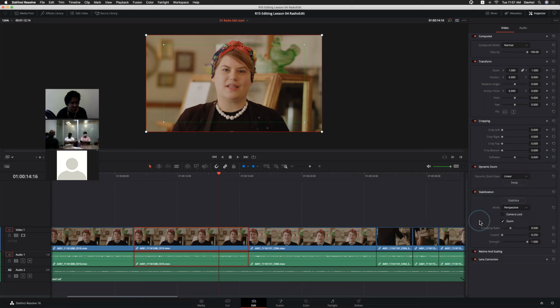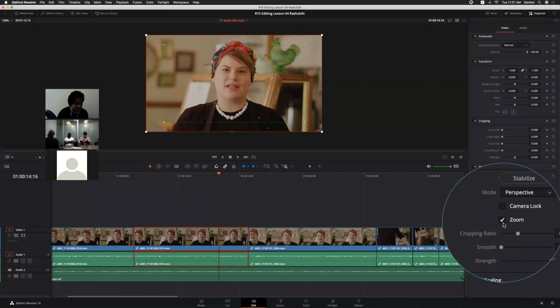And the cropping ratio, we all know that it will automatically zoom the clip, right? It will crop the border and try to zoom the clip to eliminate the shakiness within the smooth cam. But in inertia cam, it will try to analyze the pixel movement and try to stabilize. So here we can choose those options.